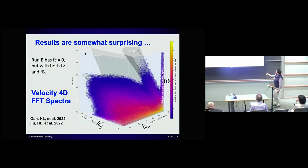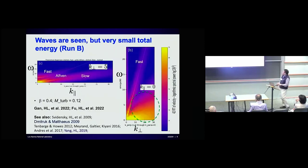Again, this is frequency, and you see the driving shows up in all frequency, K parallel, K perp. Those are the three isosurfaces. You do see modes go along some of those surfaces, but this is a logarithmic scale, so you can't see the scale here. This is 10 to the 9, this is 10 to the 1. The majority of them lie in this very low frequency, omega 0-ish, large K perp plane, with some K parallel. And if you do cuts,